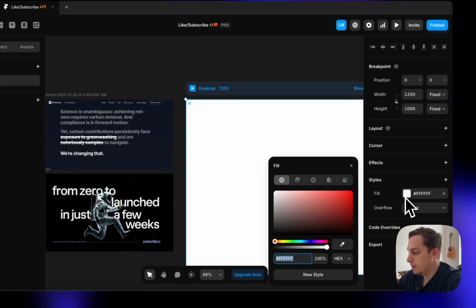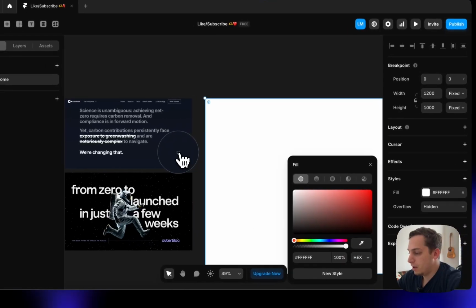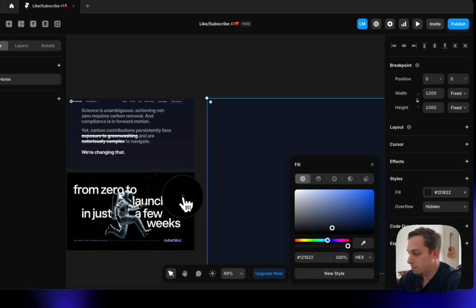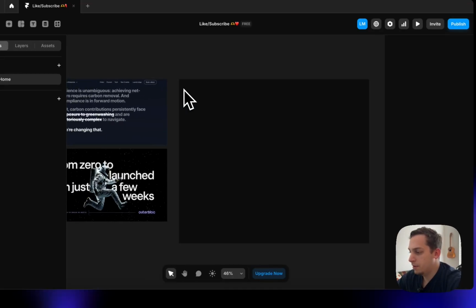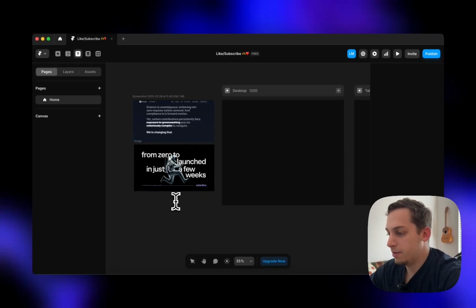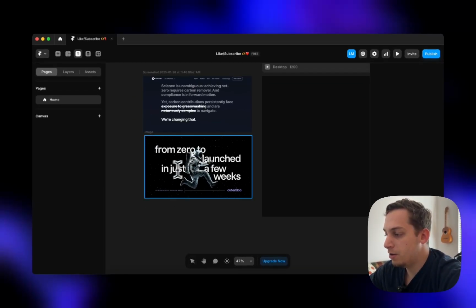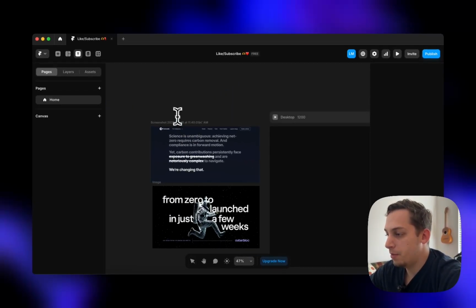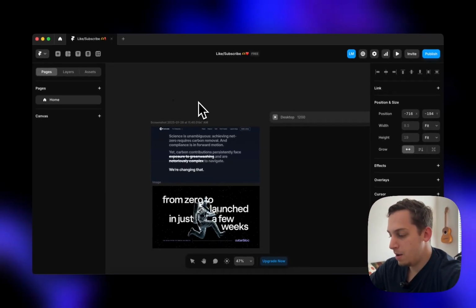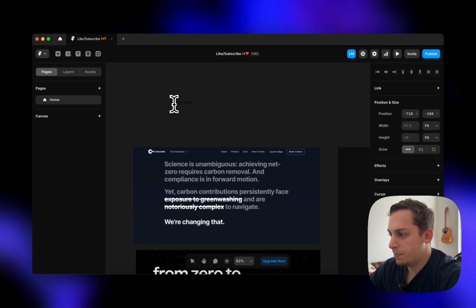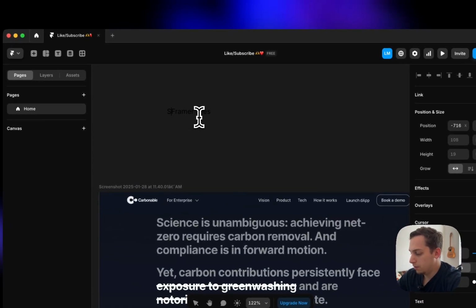I want to make this background maybe a blue or black color, not so black, but maybe a little bit like this, 0F, perfect. And let's start with the text. So it says from 0 to launch in just a few weeks. I want to do something similar, but more for Framer design. So Framer sites, or stunning Framer sites